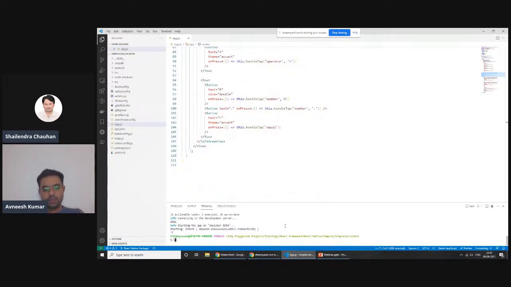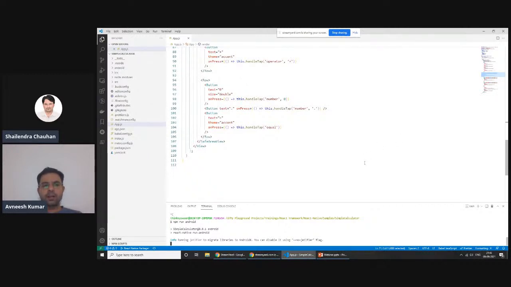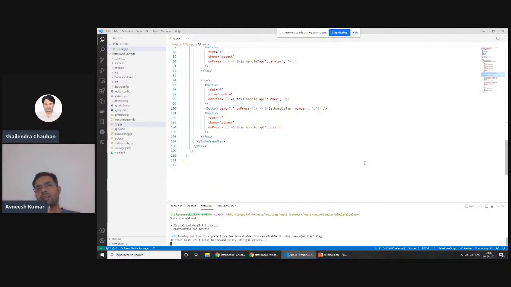Now, with a very simple command, I run it, and what it will do is bundle all the JavaScript code which I wrote into a single file, and then it will be served as a mobile application.